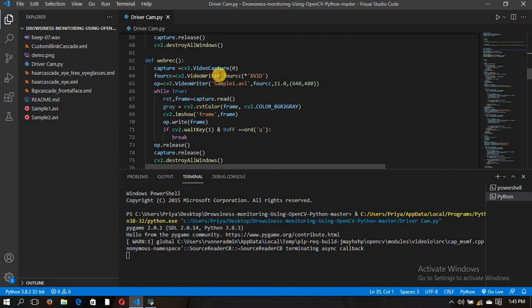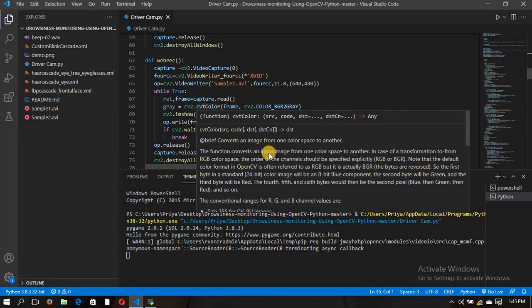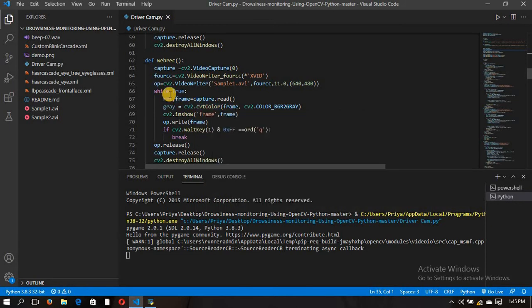The whole code is the same as I have explained above, the change is that here fourcc equals cv2.VideoWriter_fourcc. I have declared fourcc with star XVID, because the fourcc variable is used to create a video writer object. It is a 4-byte code used to specify the video codec, and it is passed as cv2.VideoWriter_fourcc star and XVID for DivX. Then after declaring the fourcc, the cv2.VideoWriter function is used.